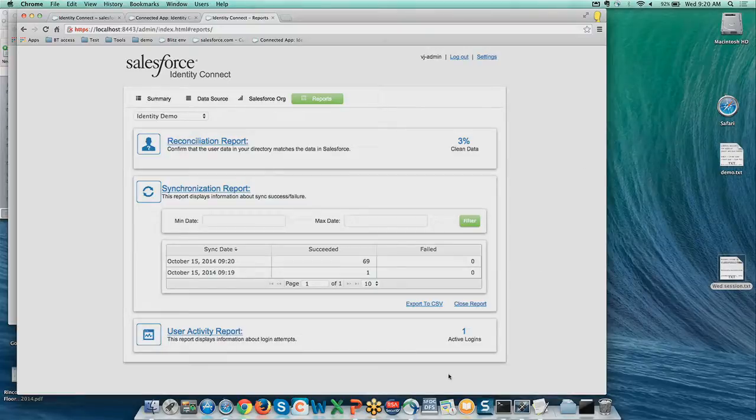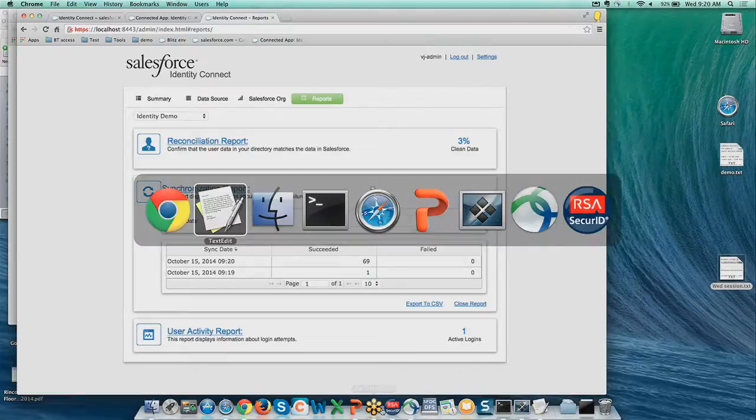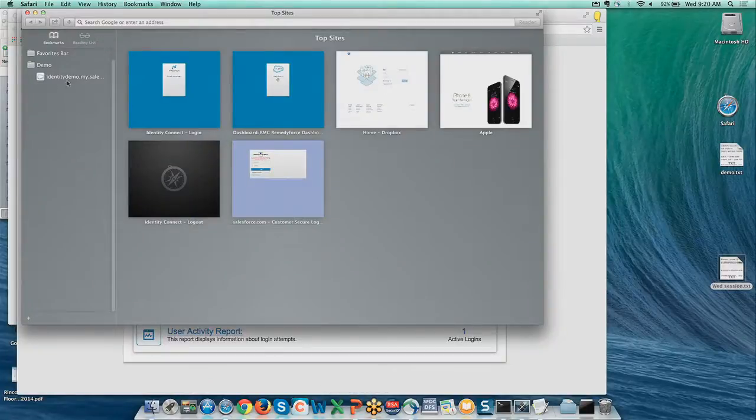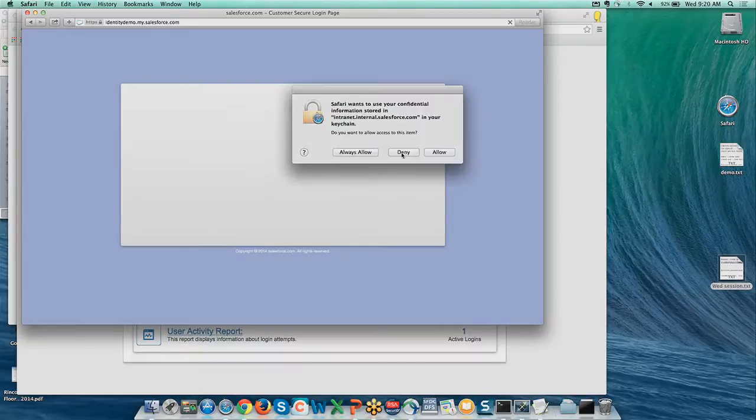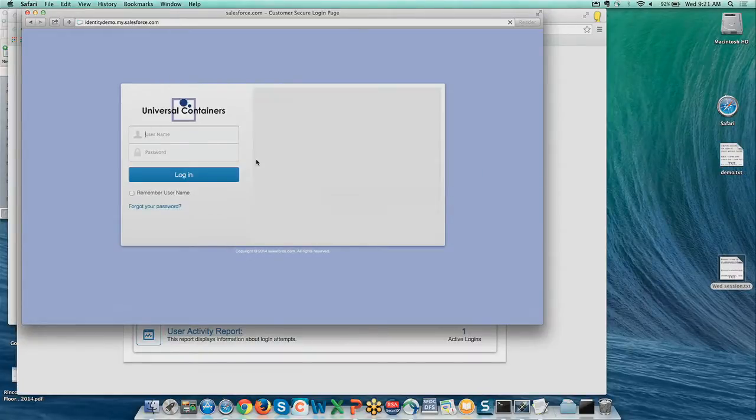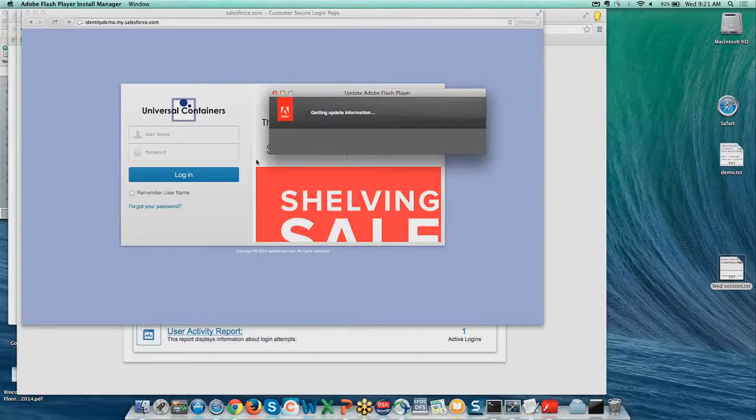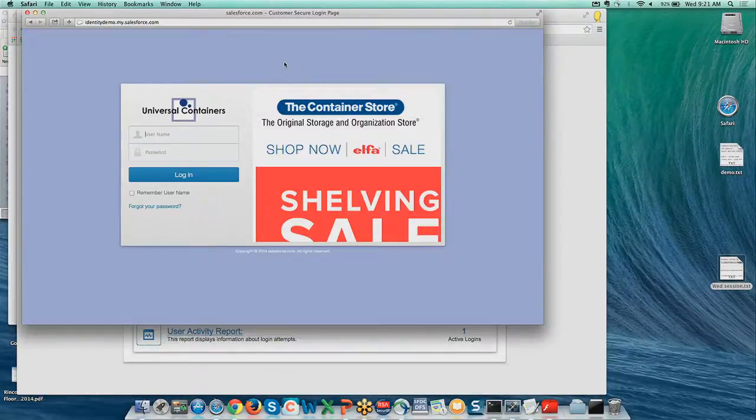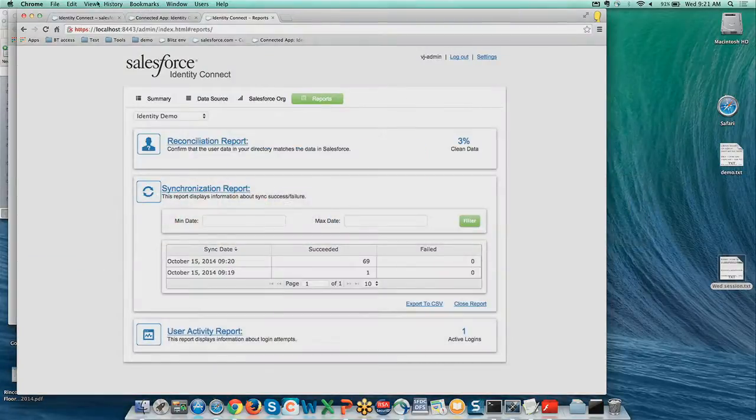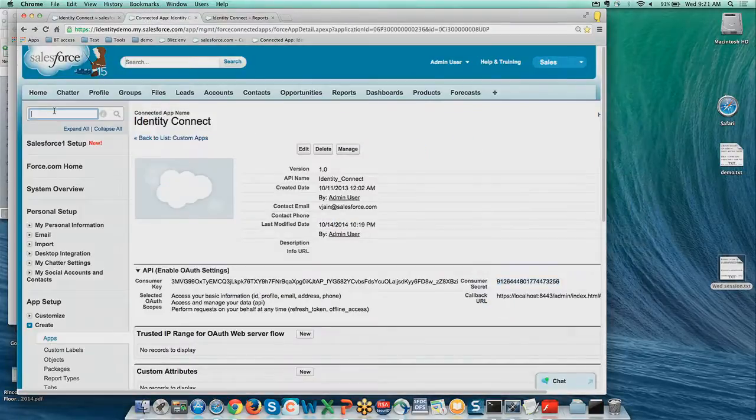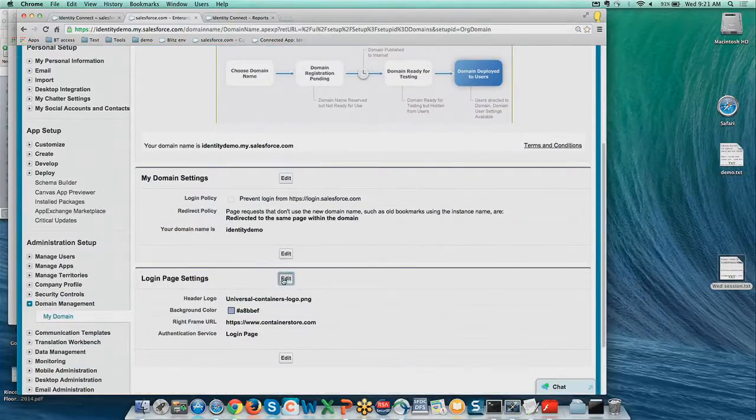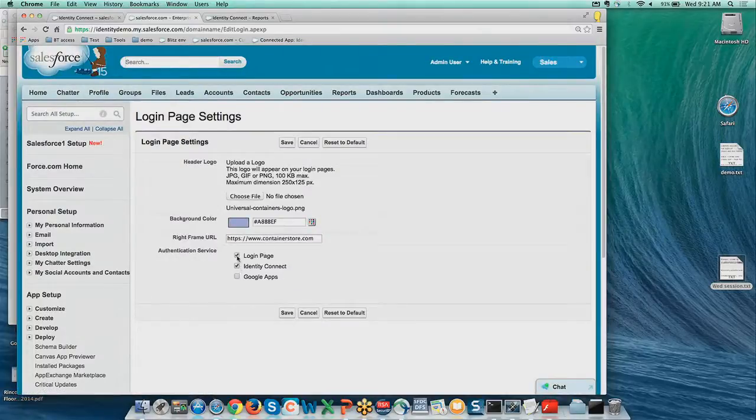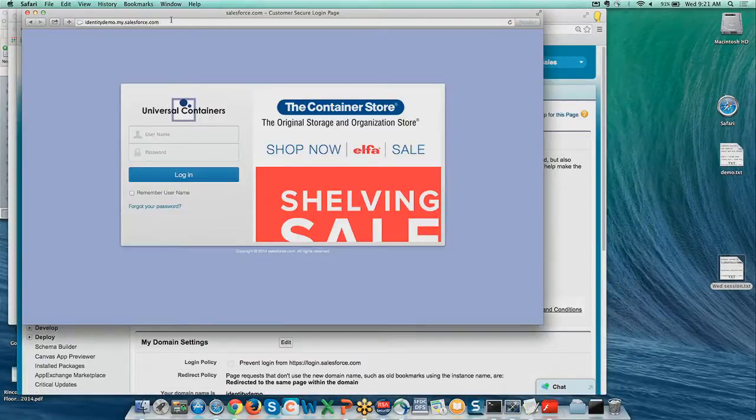use it. So let's quickly log this user in. All right, I'm going to go to my domain, identity demo. So by default it's showing me my user ID password box from Salesforce. Let's first change it to the AD authentication. So for that I go to my domain, and over here from the login page I select Identity Connect. Now once I do that, what you'll notice is